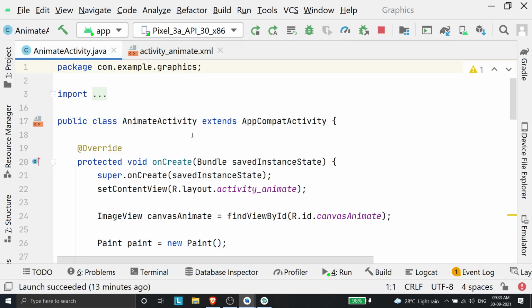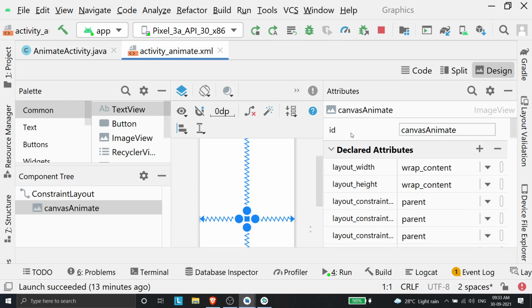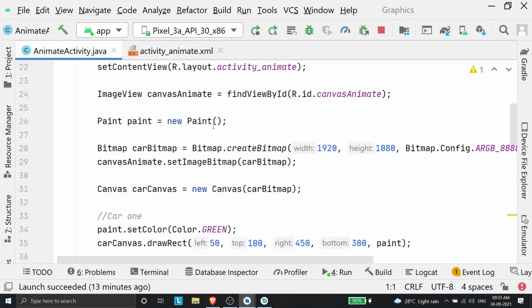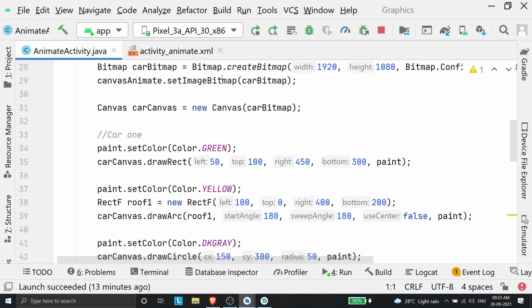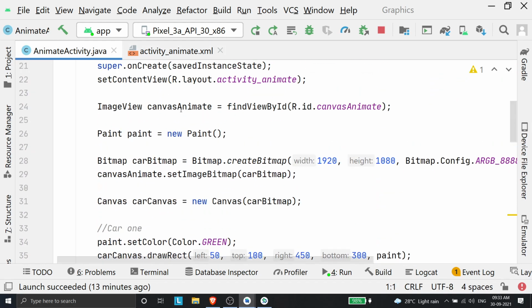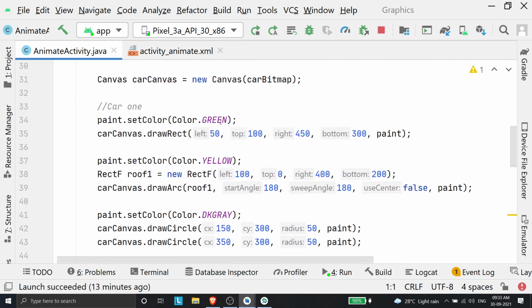So now we'll see the Java code for the same thing. I'm just getting the reference for the canvas animate object. Canvas animate is basically this image view, and then I'm creating a paint object and bitmap similarly, and then I'm setting the bitmap to the canvas animate image, and then I'm setting the canvas to the bitmap. So now I'll be drawing two cars.